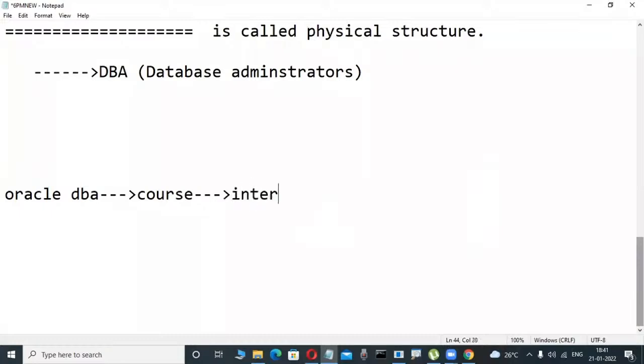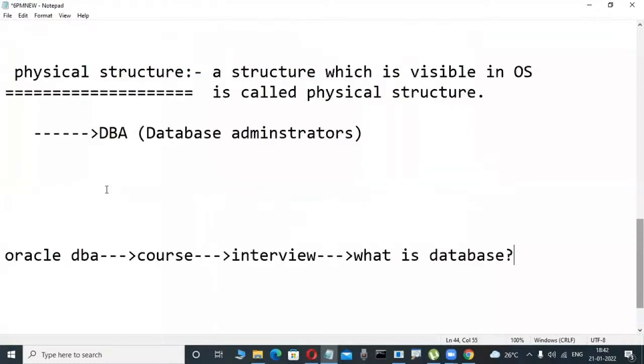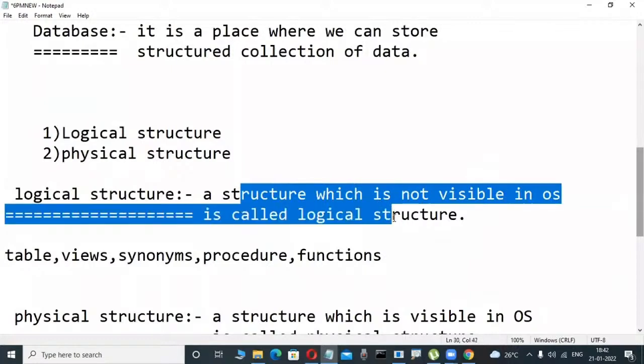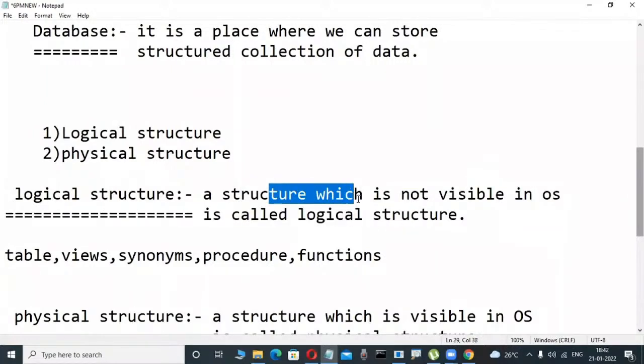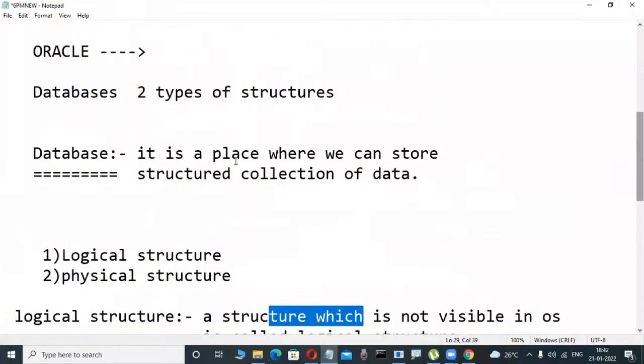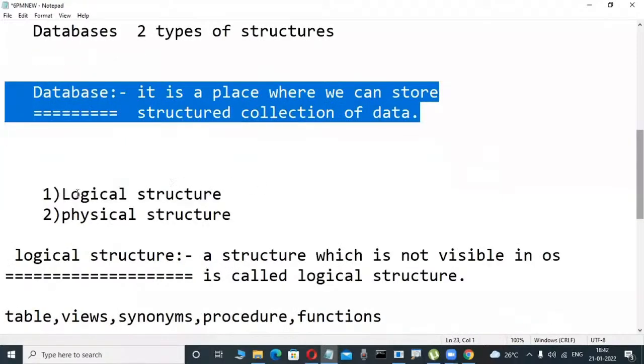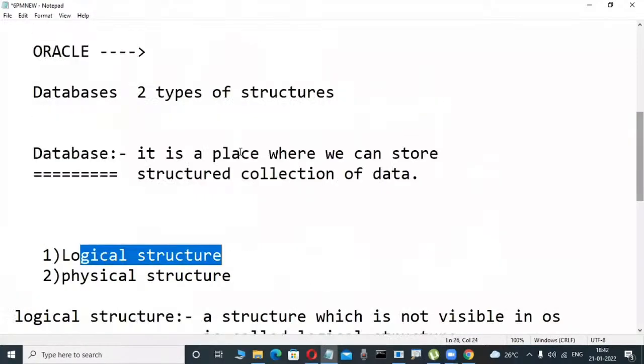Roughly, my interviewer asks, Murali, what is database? They're asking, what is database? Whenever they ask what is database, if I say, oh, it is bookish knowledge, it is a structured collection of interrelated data that is stored in a place, structured collection of data, I'm telling, it means I'm immediately rejected. Why? Because this is a developer definition. Developers are logically good. That is a table. That is nothing but a